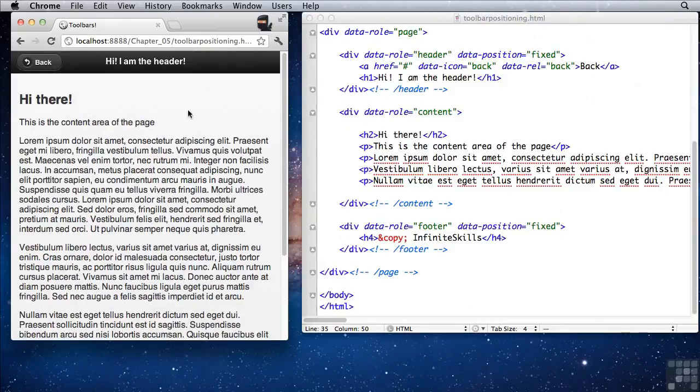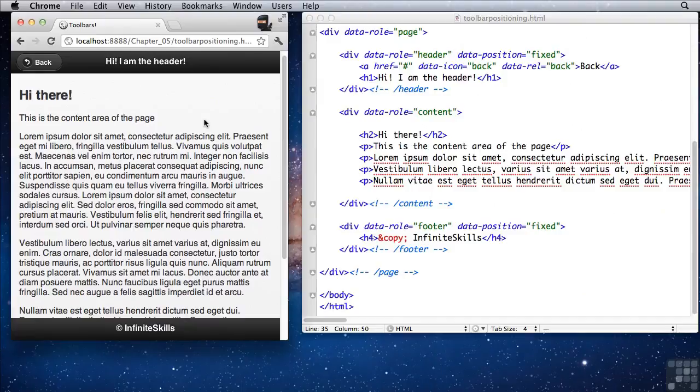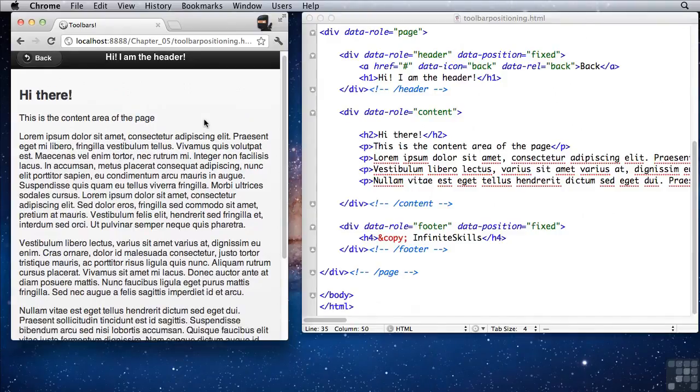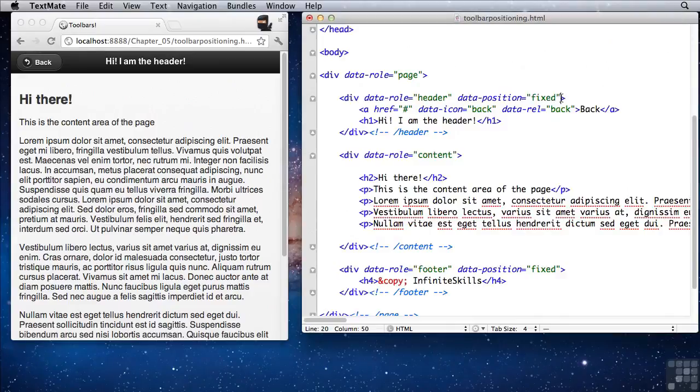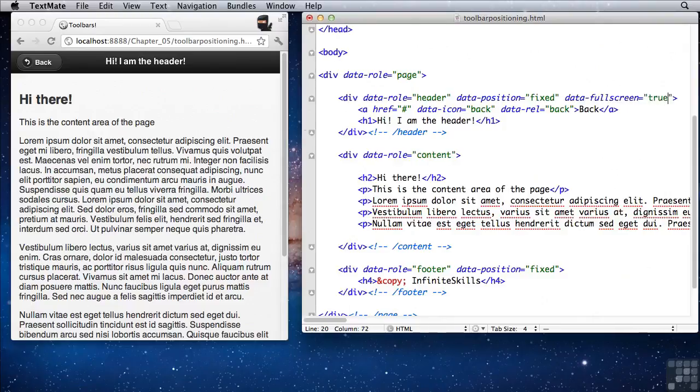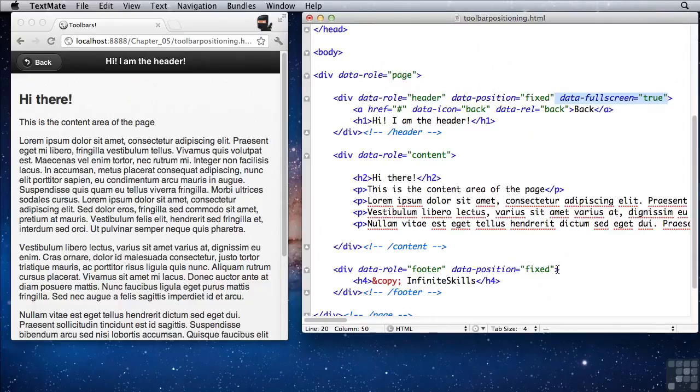That means that if I'm up here and I click, the header isn't going to go anywhere because it's already in the proper place. If I'm scrolled just a little bit down, you'll notice it pops up to where it would be if it were in static positioning mode. So that's fixed. So let's go ahead and turn it into full screen mode. In order to do that, you have to type, in addition to data position equals fixed, data full screen equals true. I'm going to go ahead and put that down here on our footer as well,